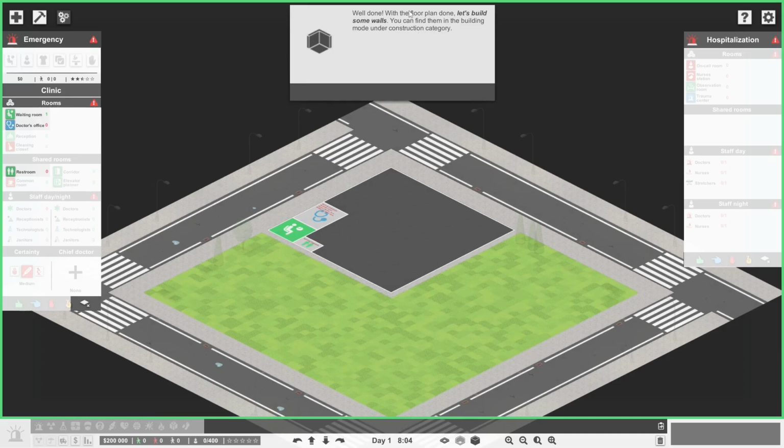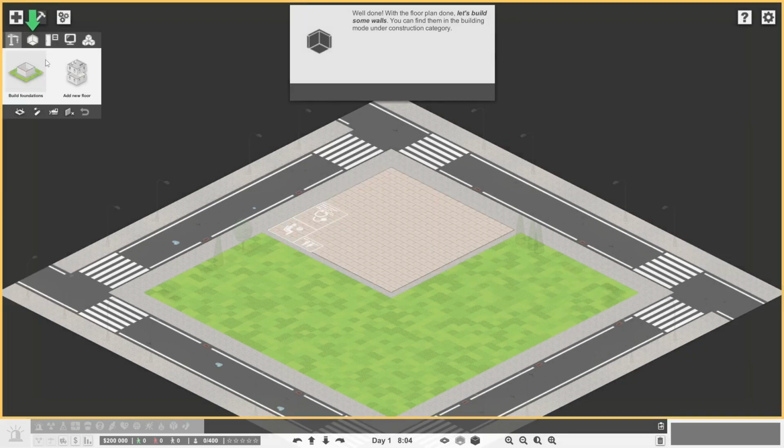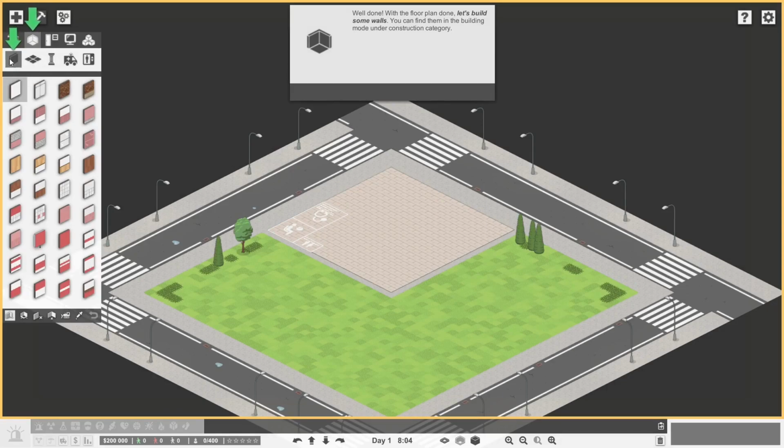With the floor plan done, let's build some walls. You can find them in the building mode under the construction category. There we go. Alright, and then build walls. Alright, so there's a white wall. Sure. Do we just do this? I see. Okay. So at this point, we'll put these walls in, like the ones that we need, because we're going to need doors to get in